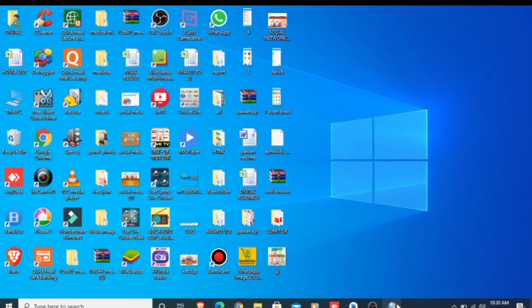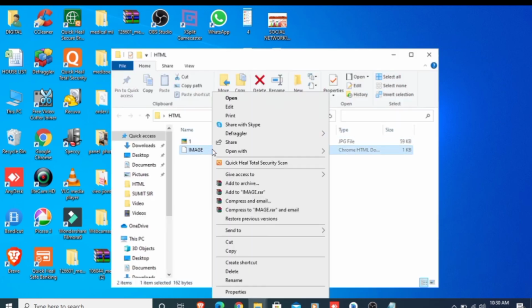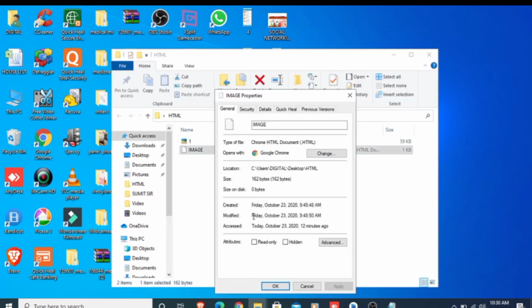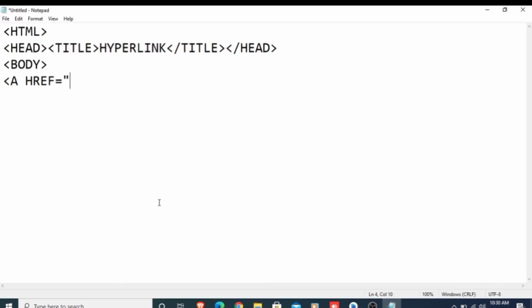So I have to write that location. I right click, go to properties, and copy the location of my web page. I just have to paste it along with the href attribute.